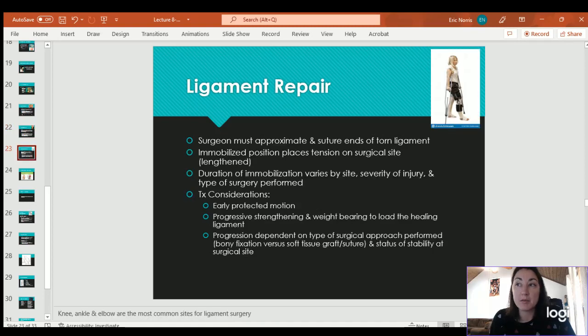With a ligament repair, remember ligaments connect bones to themselves, bone to bone. The surgeon first has to approximate and suture the ends of the torn ligament. So they have to get the two areas close enough together and then sew them up. Typically, you immobilize them in a lengthened position in order to put some pressure or some tension on the ligament so that